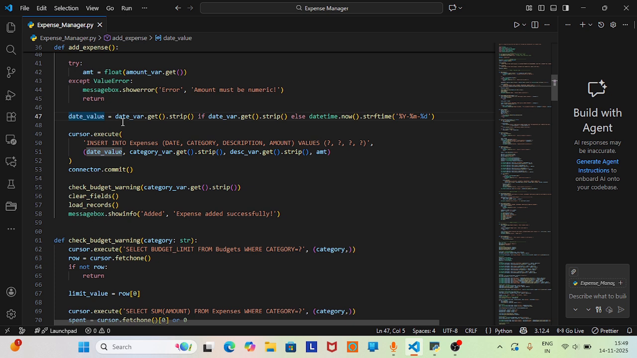Data, it is going to fetch the date values. The date variable gets stripped if that particular date is there, else if no date is given, the current date time will be set. Okay, and then at the end we will execute an SQL command by using our cursor variable as cursor.execute, and insert, we have defined the SQL query as insert